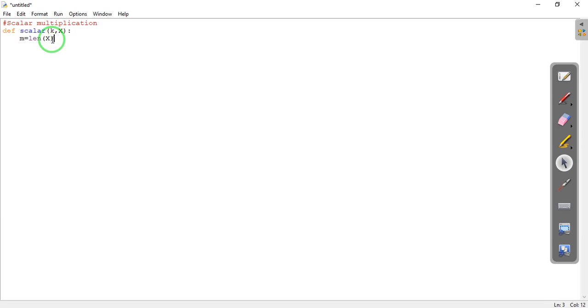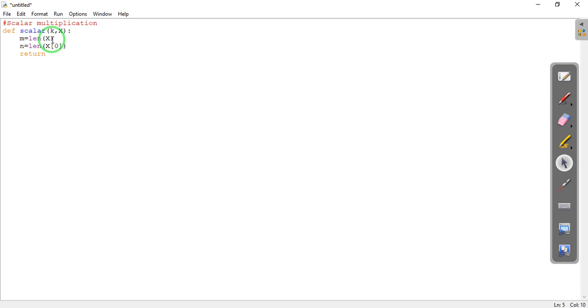Then n is equal to the length of the first vector in x, and as you know, the first vector is nothing but the 0th vector in Python programming. So we have what is m, what is n, and let us tell what it should return.